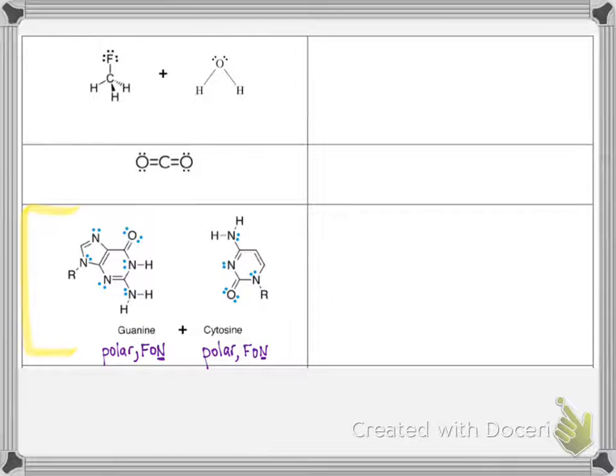You actually can have a hydrogen bond attractive force between the hydrogen on one molecule that's covalently bonded and a lone pair on the nitrogen of another molecule. So that's why, same thing over here. You have these attractive forces between the hydrogen and the oxygen, even though this oxygen doesn't have any hydrogen of its own. And then up here, same thing again. So there are actually 3 different places where guanine and cytosine match together, basically stuck together with these very strong sticky IMFs. And that's what holds the 2 strands of DNA together.